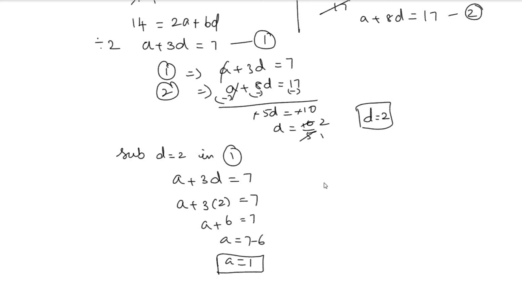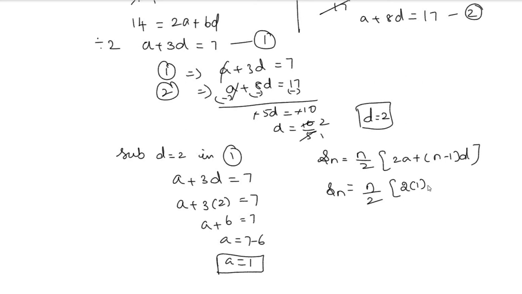Let us find the sum of n terms. So it means Sn. Shall we find it? Sn is equal to n by 2 into 2a plus n minus 1 into d. Let us substitute a and d in this place, and find the sum of first n terms. So what is n? We don't know. We are going to keep that n as it is.